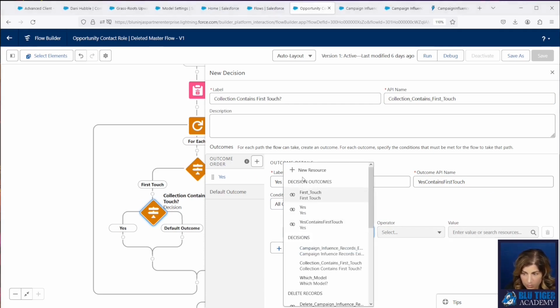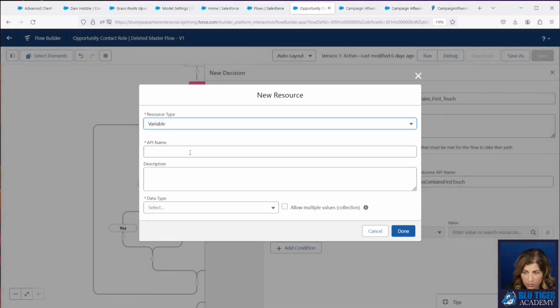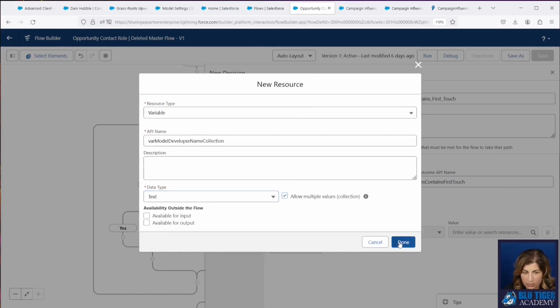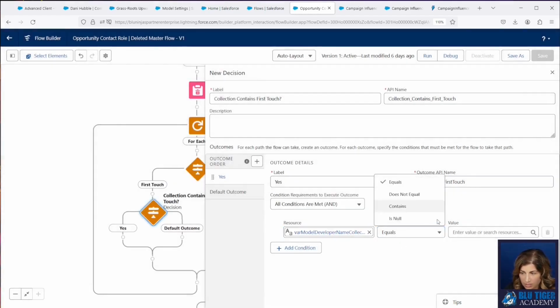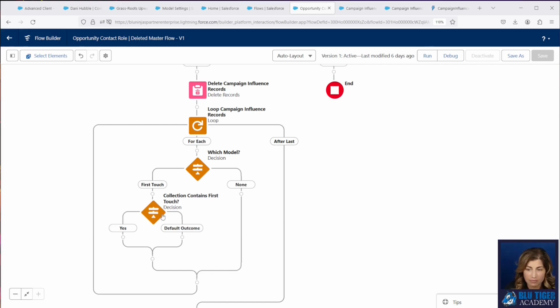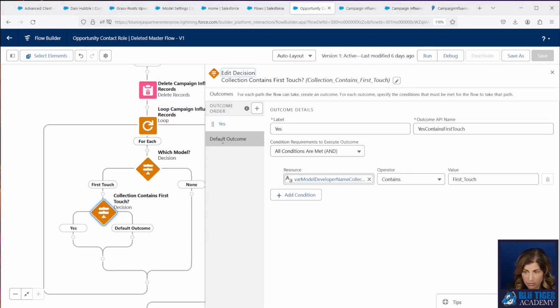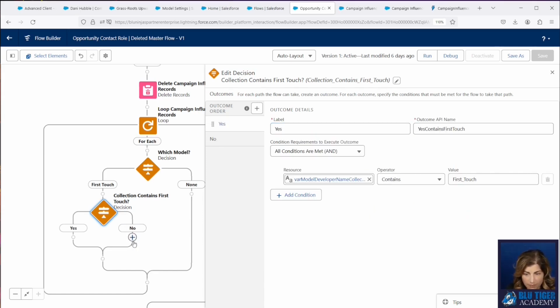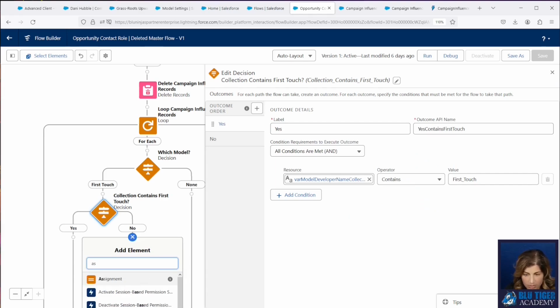Right here, we're going to create a new variable that's going to collect all of the model names for us. We're going to make this a text collection, allow multiple values, and check to see if this contains First Touch. You'll see what we're doing here in a second. Now, if that variable doesn't contain First Touch, then we're going to come down this side and do an assignment,